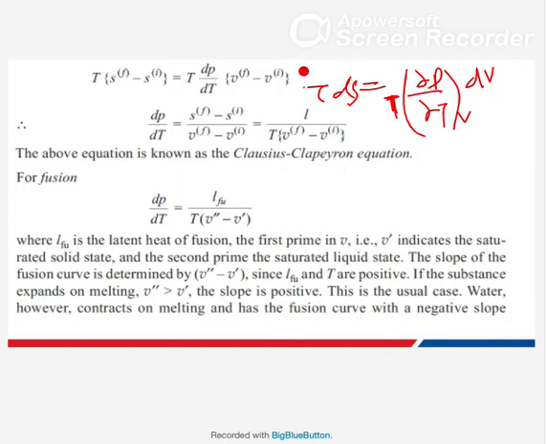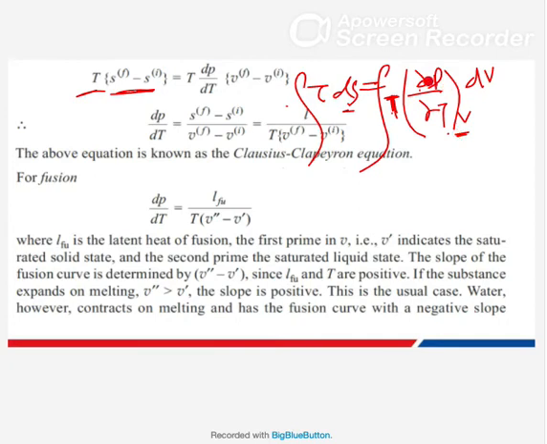Now when you integrate this one, temperature is constant in this phase change process, so you take T out. dS is the change in entropy, so you can write Sf minus Si. T is again constant, so you take it out. Then dou P by dou T is not a function of volume because you are taking it at constant volume.